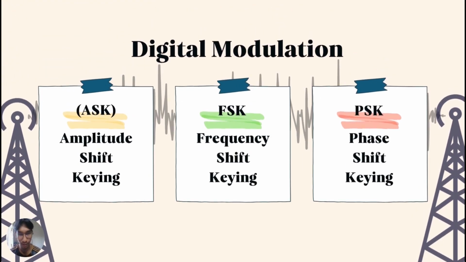Now we're going to discuss in detail about digital modulation. There are three types of digital modulation, which are amplitude shift keying, frequency shift keying, and phase shift keying. So let's go to the first part, which is